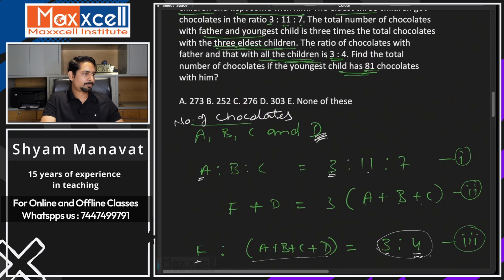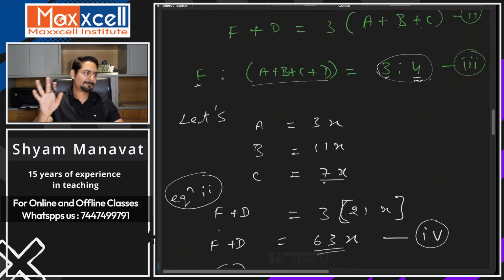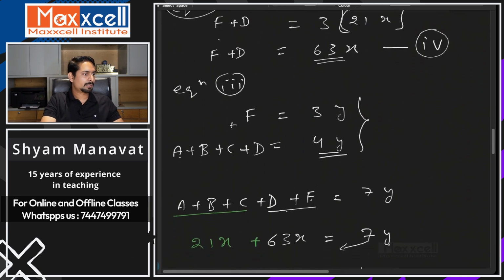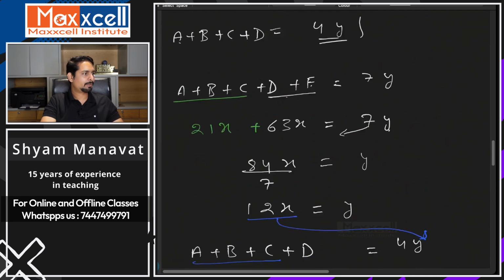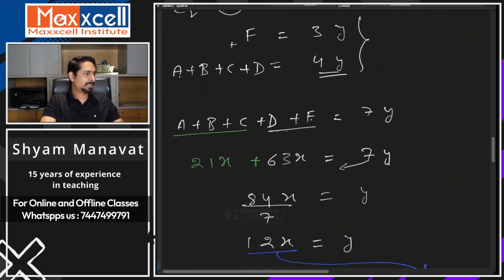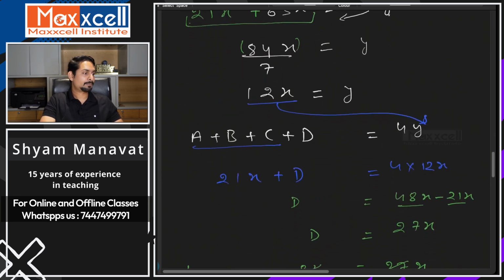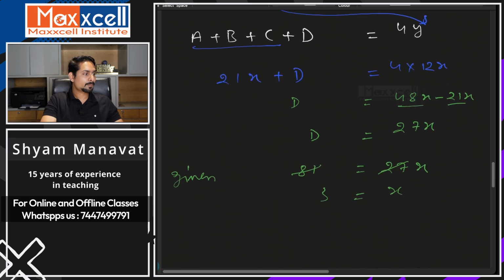We need to find the total number of chocolates. Total number of chocolates, that means having all the family together. If you remember, having all the family together, we have the value in terms of x. A plus B plus C plus D plus F, including father, 21x plus 63x. That means the total chocolates, including all, in terms of x should be, you want me to write this? Okay, I don't mind writing again,